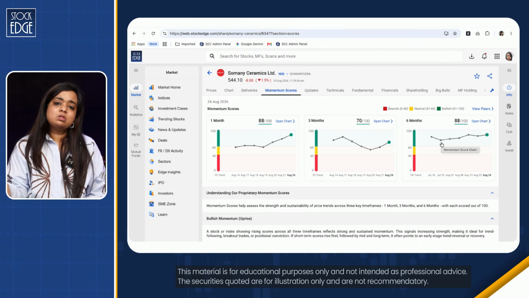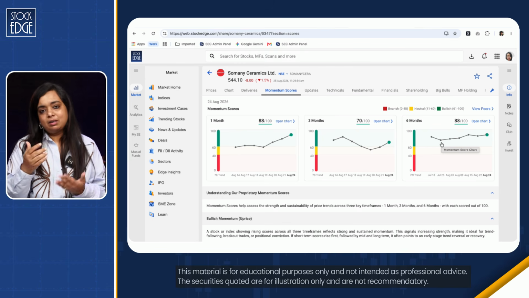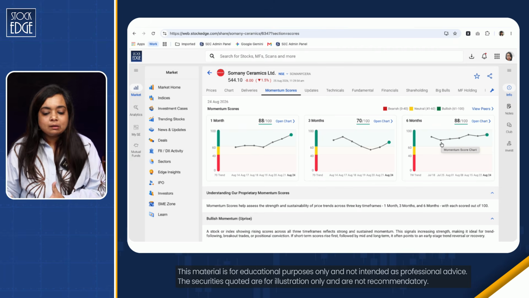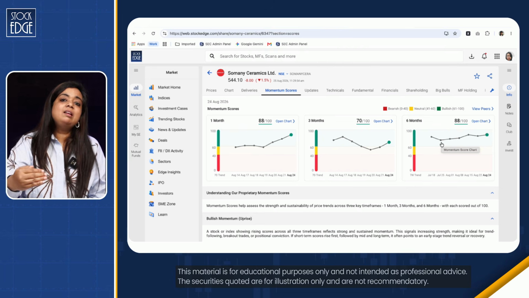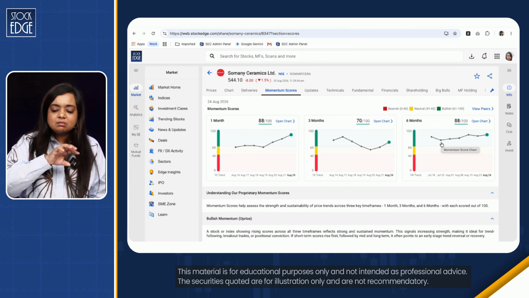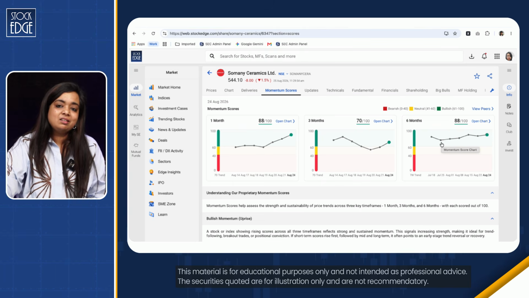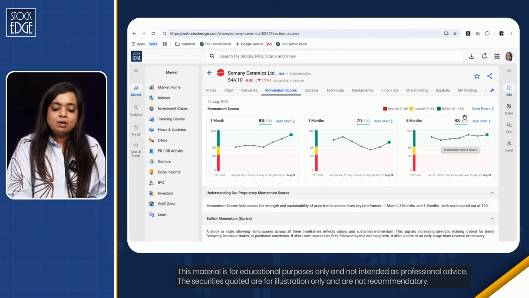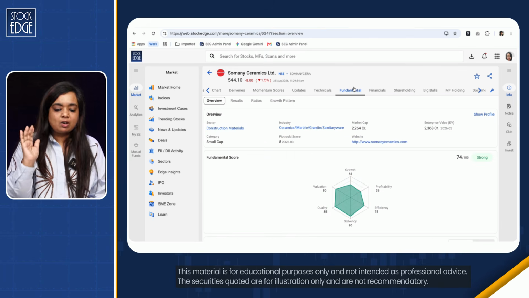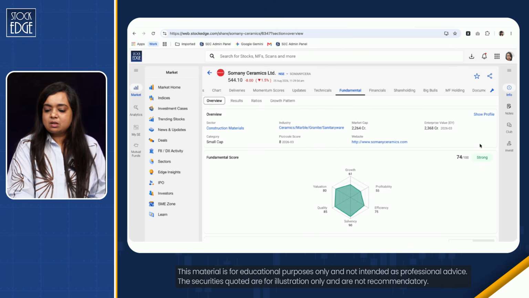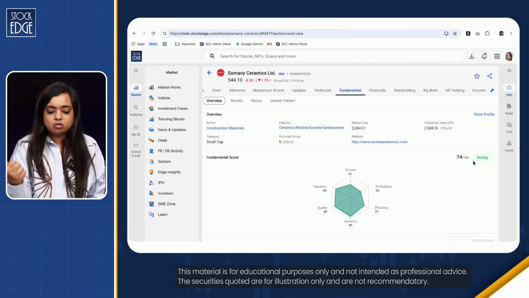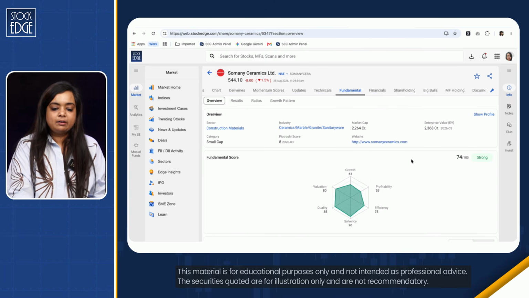Now checking momentum scores becomes extremely important because any fundamentally strong company, if backed by momentum, gives us another layer of confidence that yes, this particular stock is in momentum currently and can be looked upon. We can also do a further fundamental check of the fundamental score, which is around 74 out of 100. Again, a strong company. We can see the valuation is 80, quality 85, solvency score 90, efficiency 75, and profitability 55, giving an overall score of 74 out of 100.